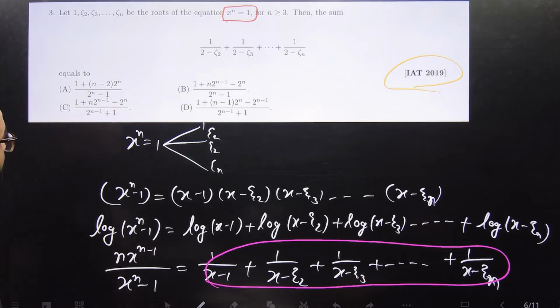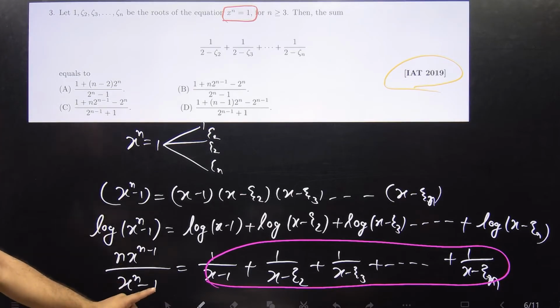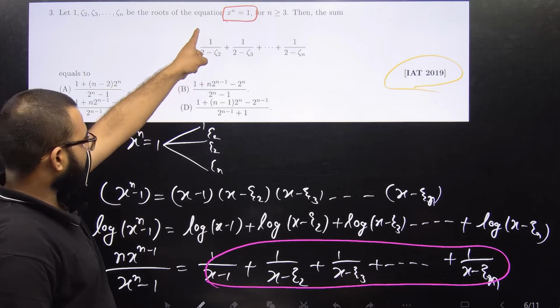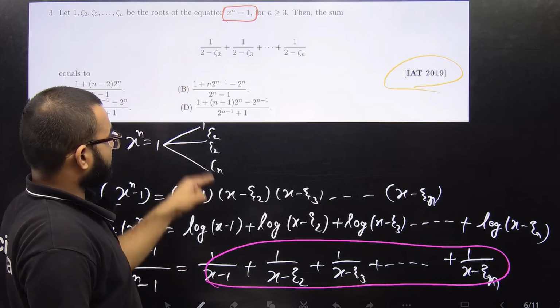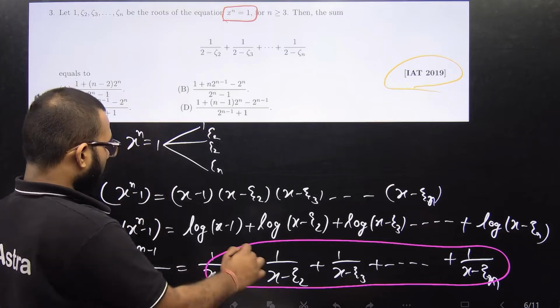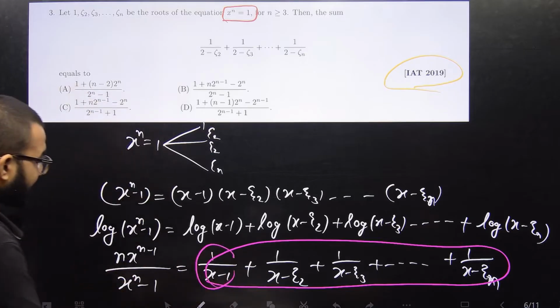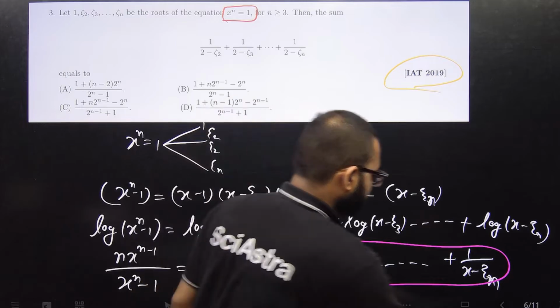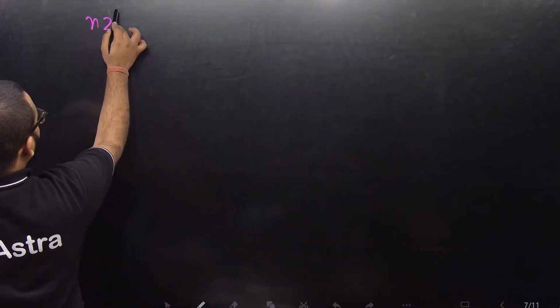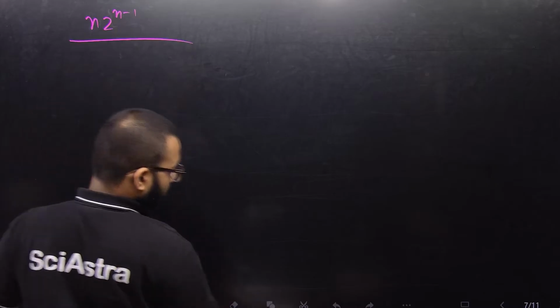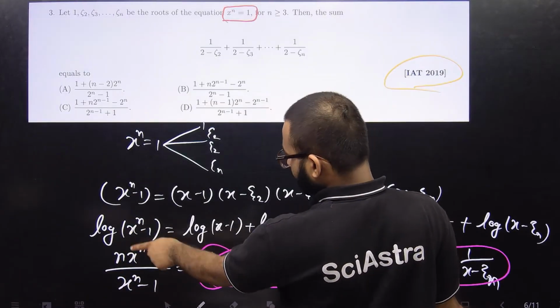One of the most important things is that in this expression there is no 1 upon x minus 1, so zeta minus 1. If we put x equal to 2 and subtract this, then the overall value is this. So let's compute it. If we put x equal to 2, we get n into 2 to the power n minus 1, into 2 to the power n minus 1 upon 2 to the power n minus 1. All right.